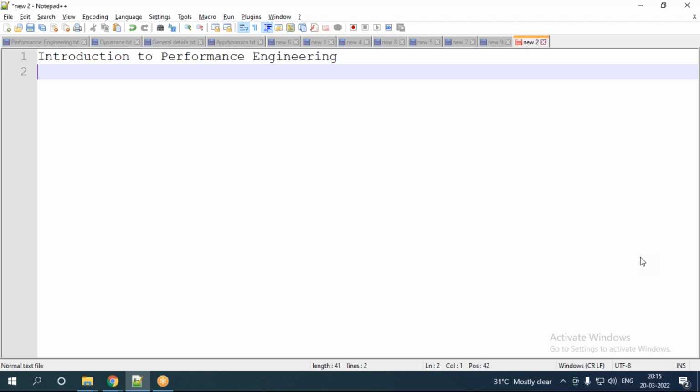In the course of that journey, at one point of time, if you want to learn coding, yes, you can. But if you are not willing to, you can learn the best practices on the coding side, share them with the actual developer, ask them to implement it, and then fine tune the code. Either you do it or you ask somebody to do it. Either way, you can do performance engineering activity.